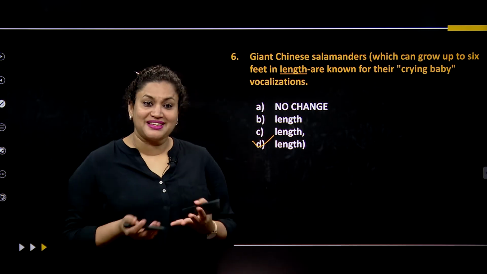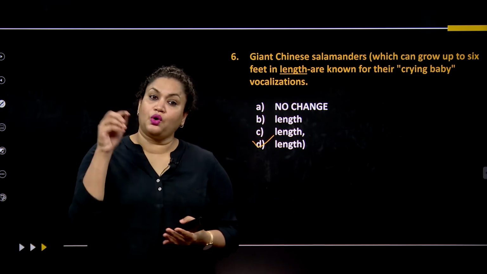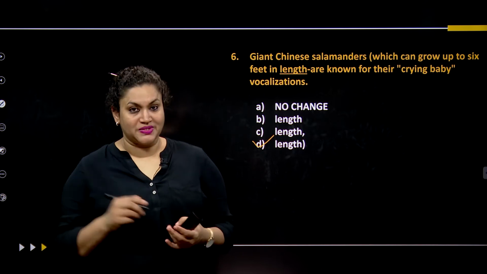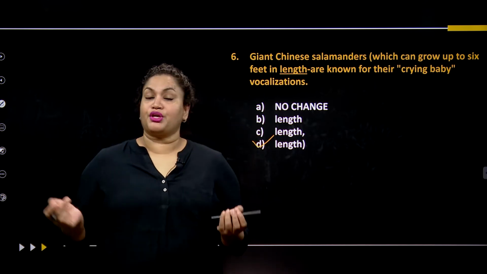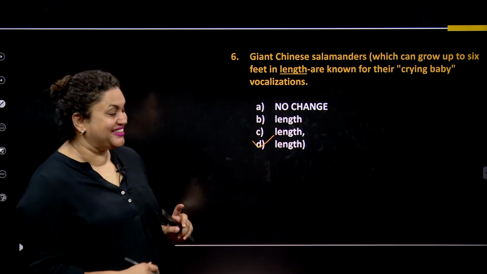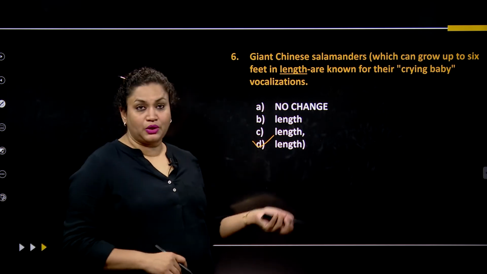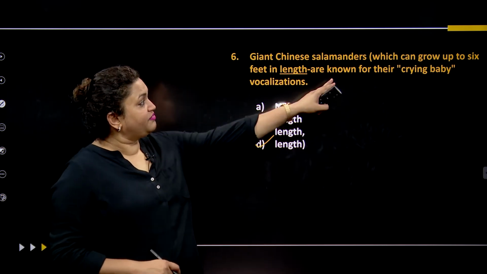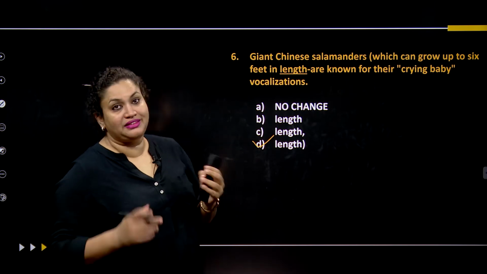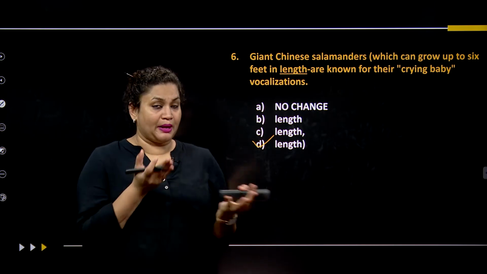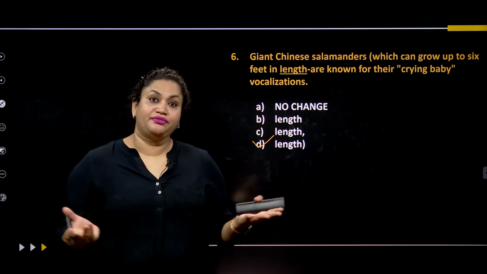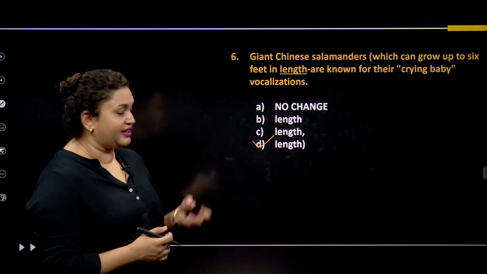There could be some easy answers too. You don't have to go on striking down all the options. You can just straight go and pick your answer too. That is also an option. Okay, so we'll go with D. Now, which can grow up to 6 feet in length is extra information that has been kept in brackets. Therefore, it does not matter. We will go directly to D. Let's go to the next question.